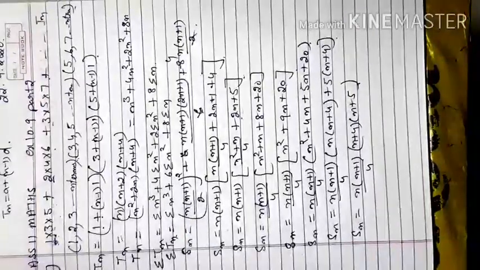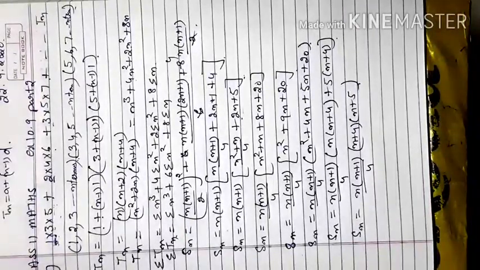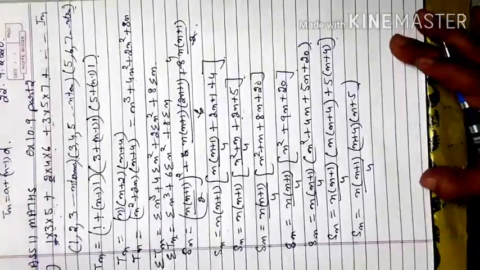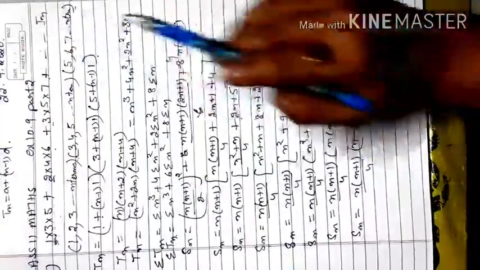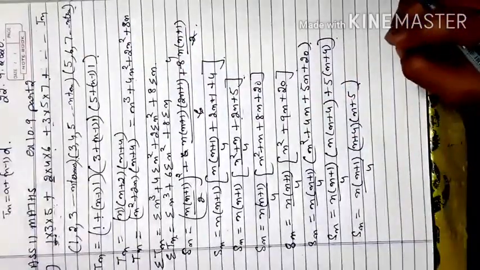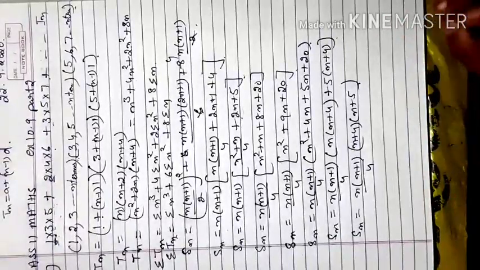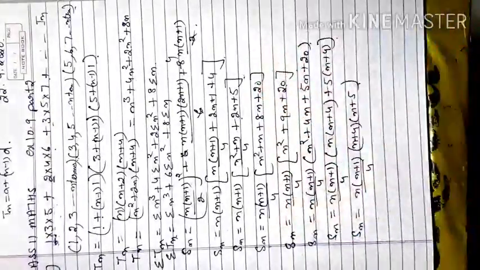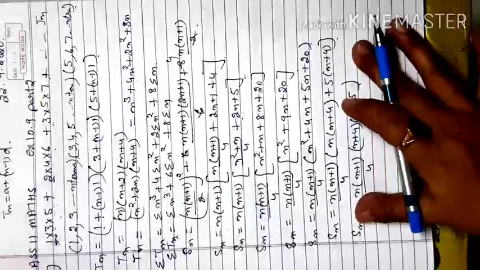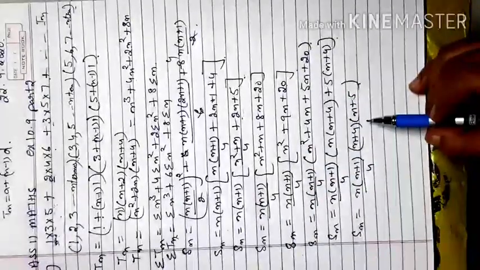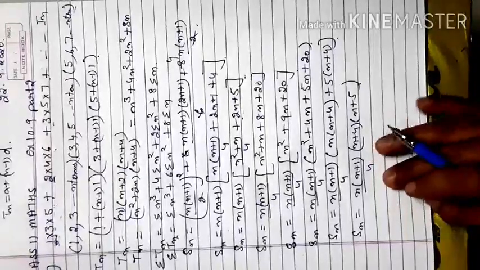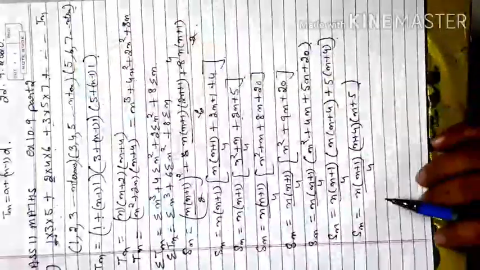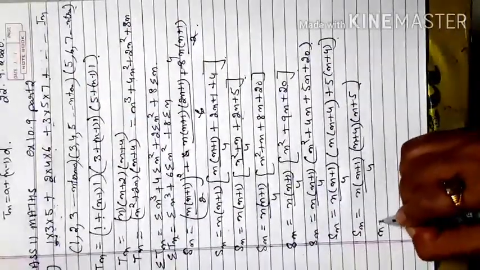Okay, so in this type of question you have to just find the sum of the nth term. I'm also discussing your ninth question here. In this ninth question, the statement is the same, the only difference is that instead of the nth term, a particular number of terms is given to you. Suppose you have to find the sum of the first 10 terms of this series. In that case, first find the nth term and generate the formula for the sum of n terms. Up to this you have to do the same, and after getting the sum of n terms formula for this special type of series, you just replace n is equal to 10.